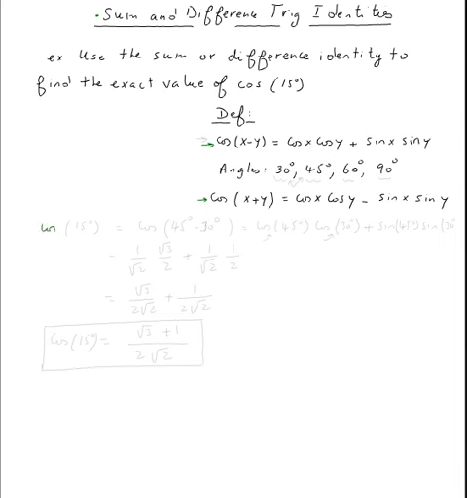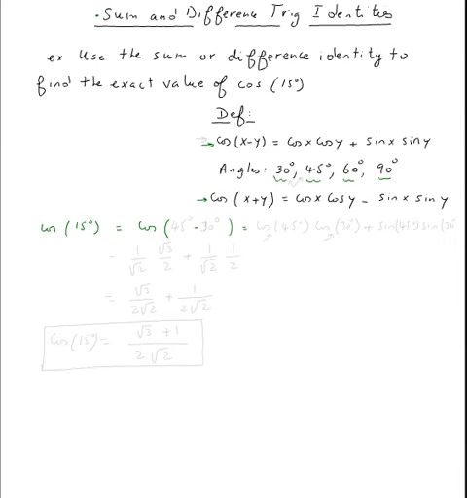In other words, we need to write cosine of 15 degrees as a cosine of an angle minus another angle, or a cosine of an angle plus another angle. But of course, we have to use just these angles, 30, 45, 60, 90, because we know the exact value for these angles. So for example, if you try to use the sum, you're going to have a problem,